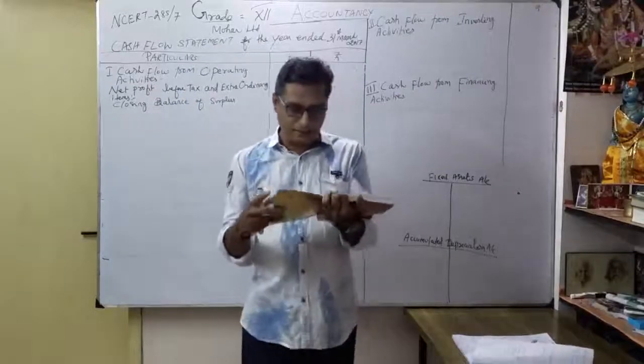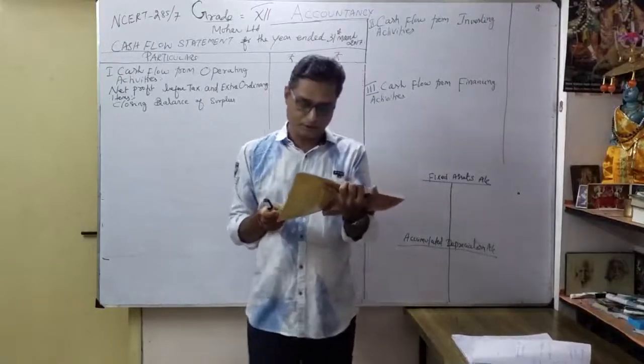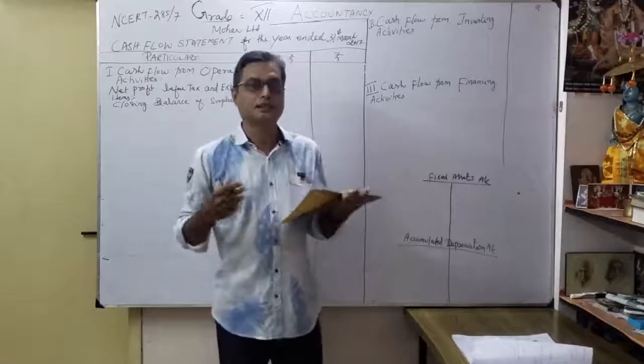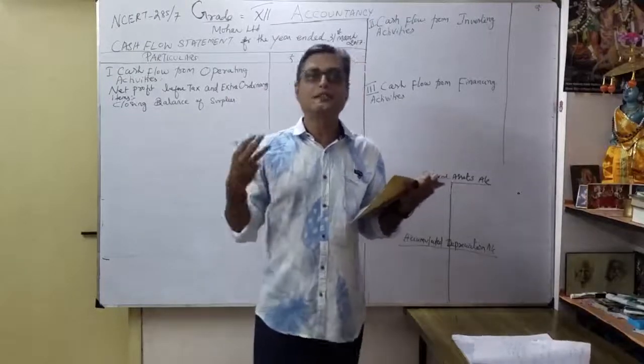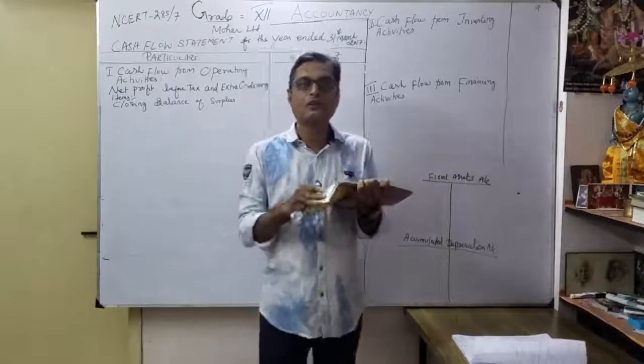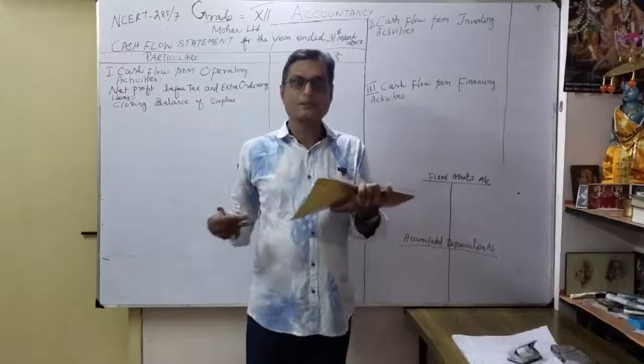So what is the idea here? In our balance sheet they have given the cash opening balance as 90,000 and the closing balance as 30,000. So the cash opening balance of 90,000 is going to become 30,000. That is the idea we are going to discuss now. For that, we first discuss the liability side.